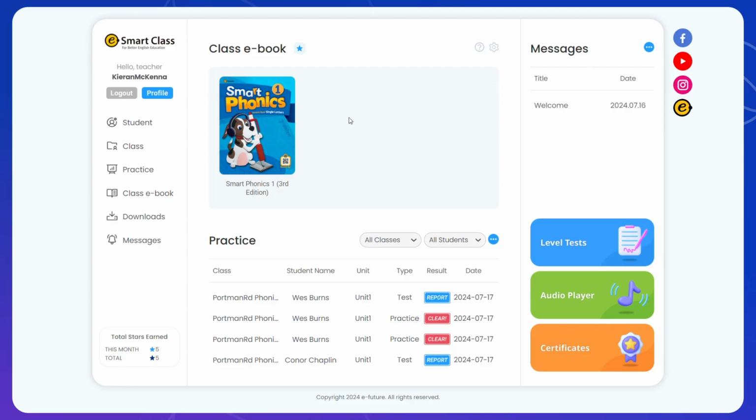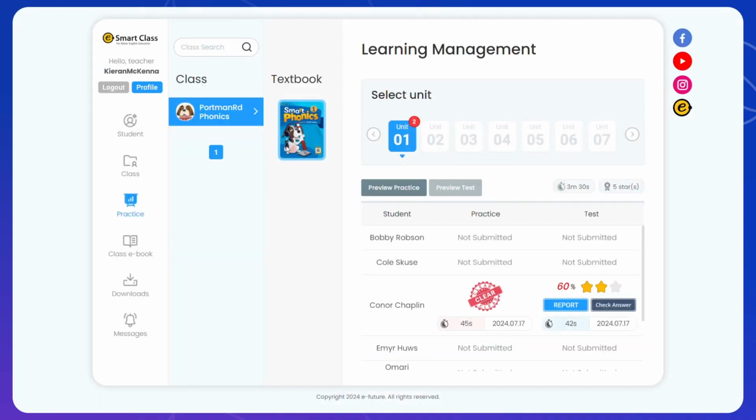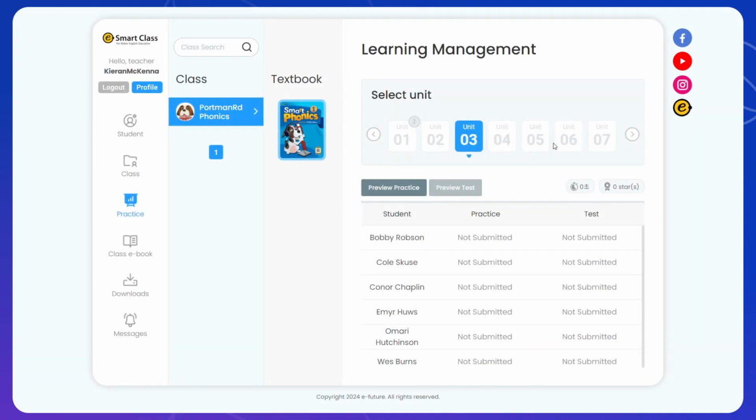After you've gone through the ebook, you've accessed it, you can look through, you've practiced with your students using the ebook, your students will be able to practice on their own. Once you create a class, all of the practice sections will automatically be open. All of the units will be opened to the students to do their practice. And as they go through, you will notice how many of your students have completed their practices and taken the tests. You will note how long it took them to do it and how many stars they got on their